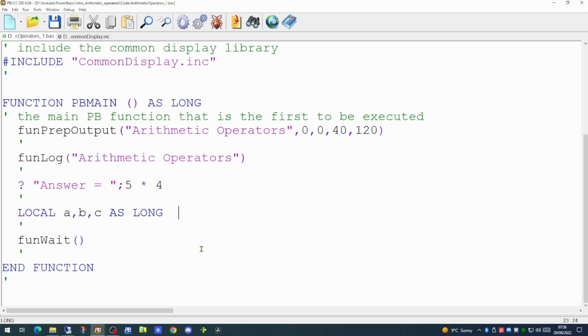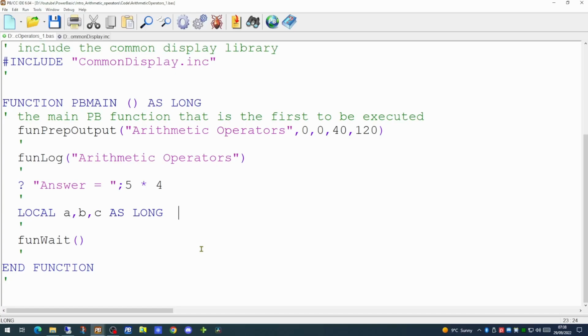First of all, we're going to define 3 variables, A, B, and C. We're defining all these as long variables. A long variable is something that can hold a number between about -2 billion to +2 billion. It stores only whole numbers. The choice of variable is important depending on what kind of data you're going to be putting into the variable. In this case, our variables are whole numbers, therefore the long will do quite nicely.